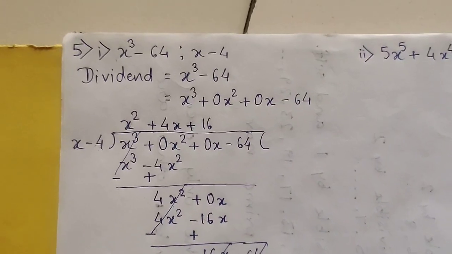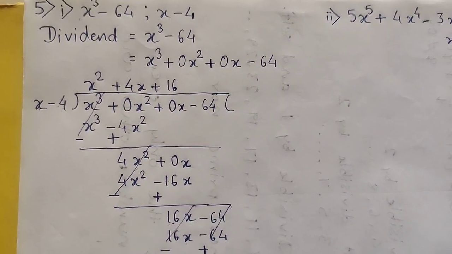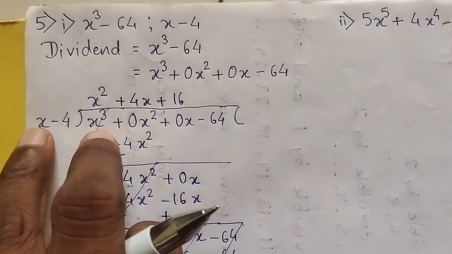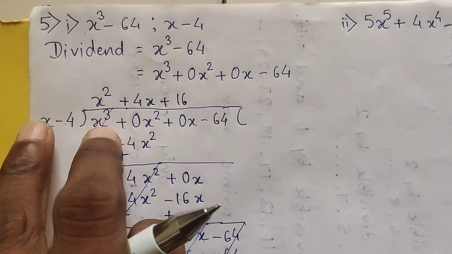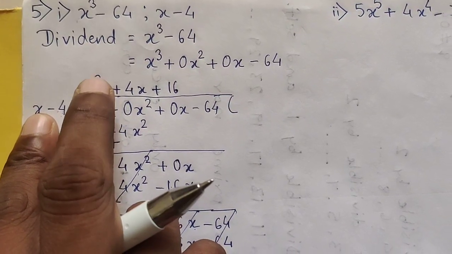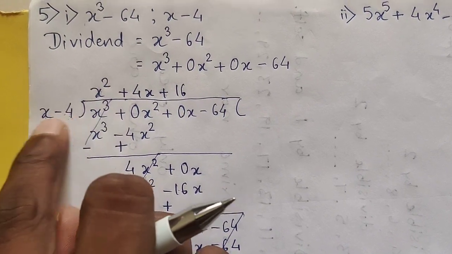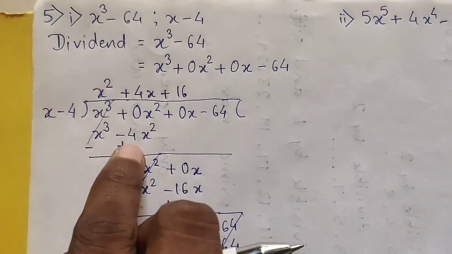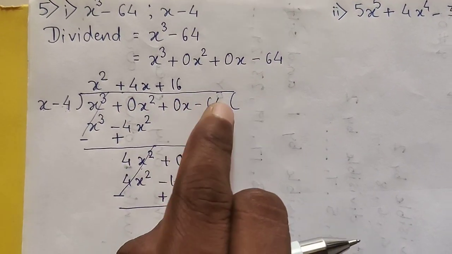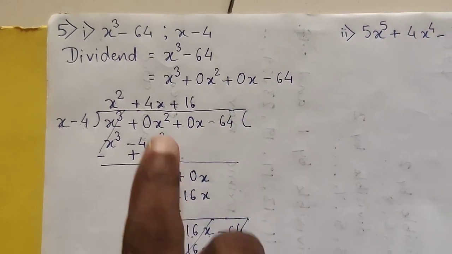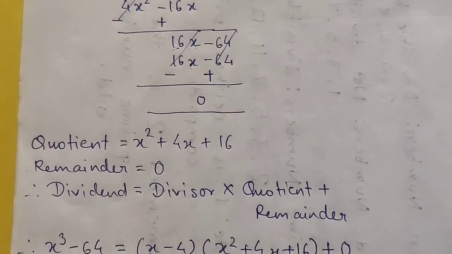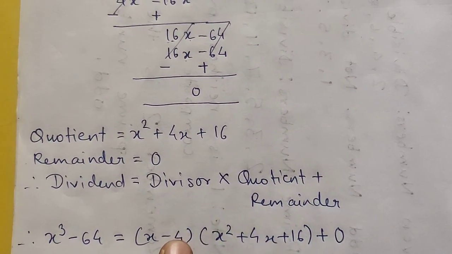You can see again how to do division. Remember, at a time you are going to compare first term with first term, and you see what is missing. See, in this case 1x is there and here x cube is there, so obviously x square is missing, so we have multiplied x square with both, and after multiplication we are subtracting. Same step you are going to follow for 0x square as well as 0x and minus 64, and in this way you are going to solve, and finally whatever is your remainder, that you are going to write in the form of formula.